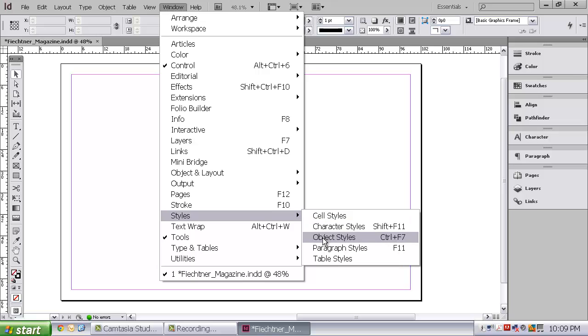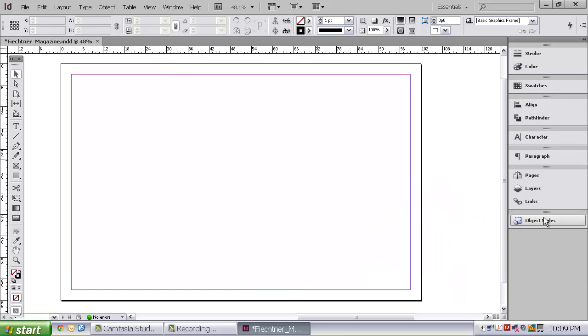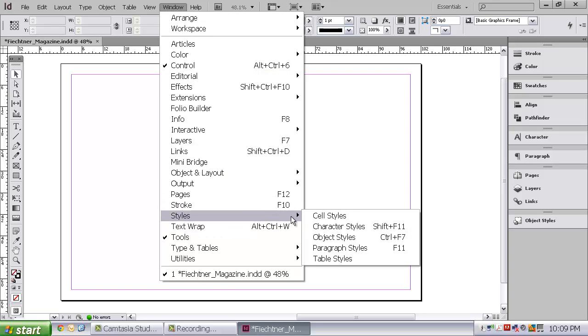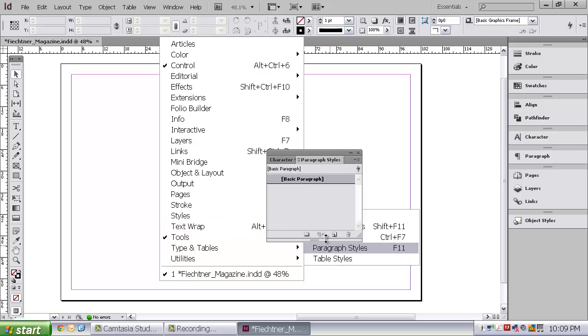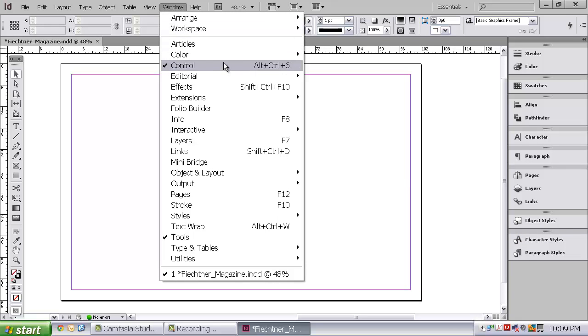So I'm going to have you go ahead and open Object Styles. Okay, and you can drag it over there. And I would like you to also open Window and Paragraph Styles. Those are the two that I use most often, but any of these windows that you find